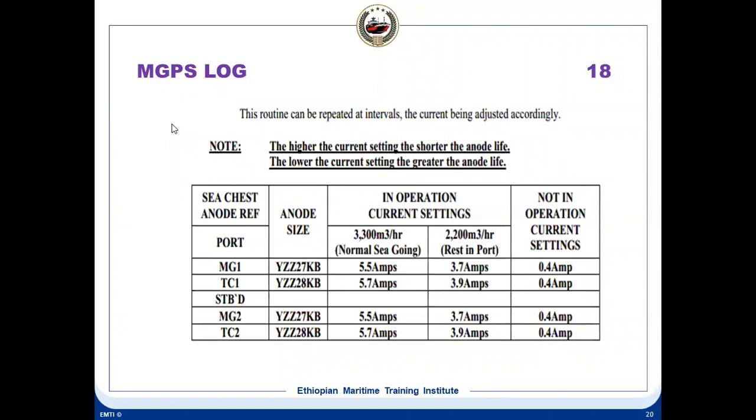I told you last time about the ICCP log, and also the MGPS log. These logs have to be recorded every day. This has to be observed. ICCP is also very important because ICCP will give you two readings. One is the reference cell reading in millivolts, and the other is the impressed current to the anode in amps. So you get two readings, millivolts and amps, in ICCP. Shaft ground will give a reading in millivolts, and the MGPS log is in amps. Okay, these are the logs.